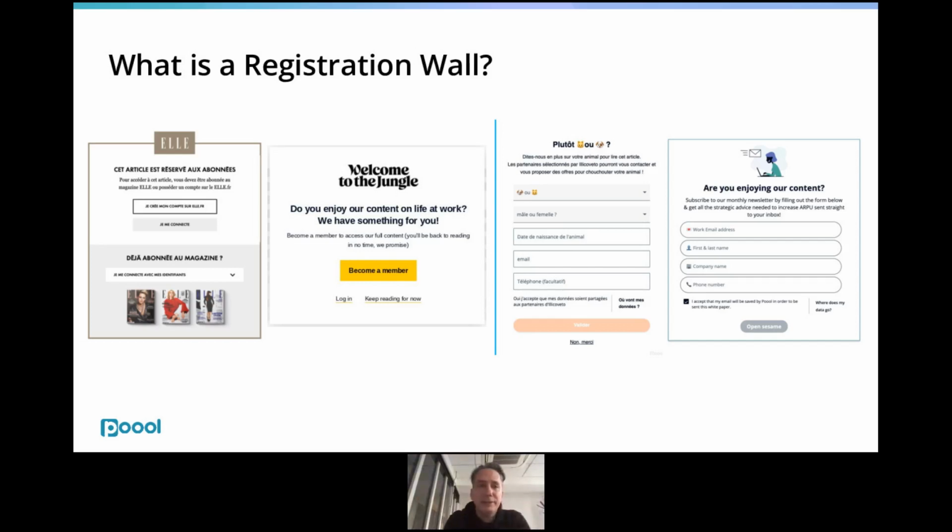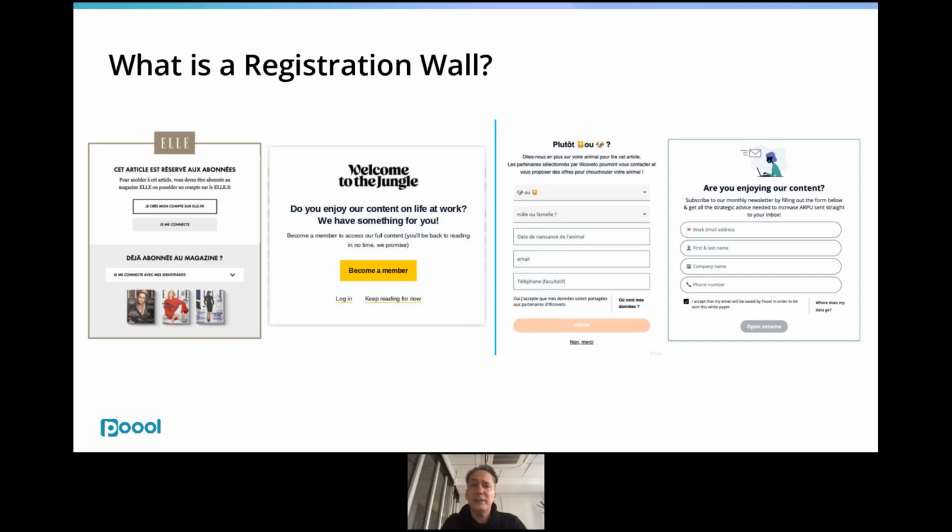And you've got other players that are using different techniques, and some are leveraging the fact that someone registers to ask some questions so that they can profile the audience. The third example is the case of a publication we work with. It's not really a publication, by the way. It is a website which is focusing on pets.